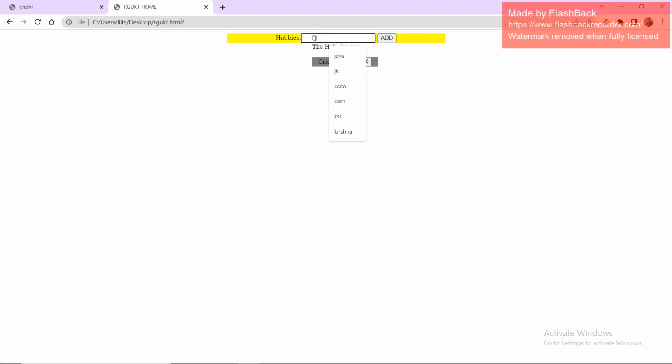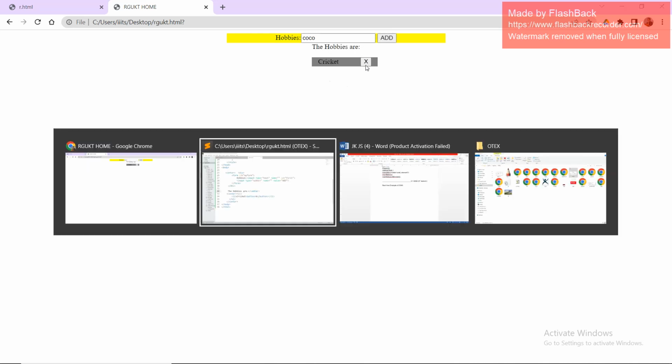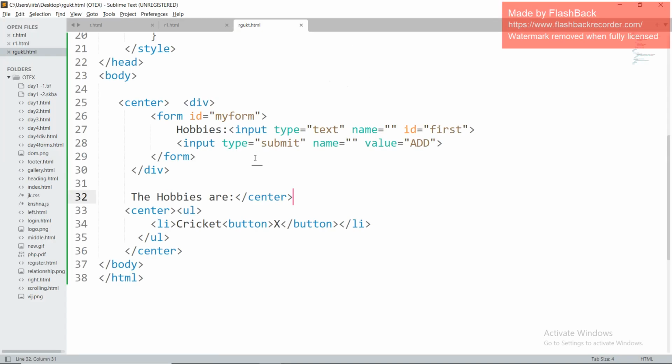Whenever I press something here, if I click add, that should be added here along with a cross mark, to delete this data. Okay, first we'll try to create